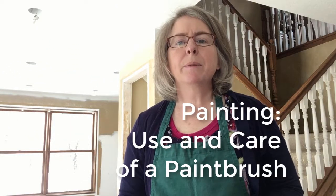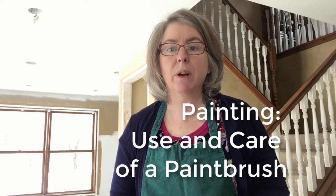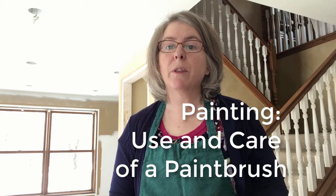Our first lesson with painting is going to be on how to use and care for a paintbrush. So this is typically after we've given the language for the parts of the paintbrush. Before we go into that, I just wanted to share with you that we can use cheap little dollar store